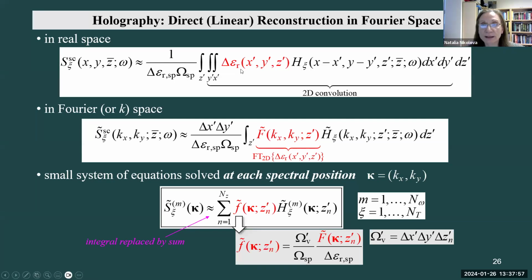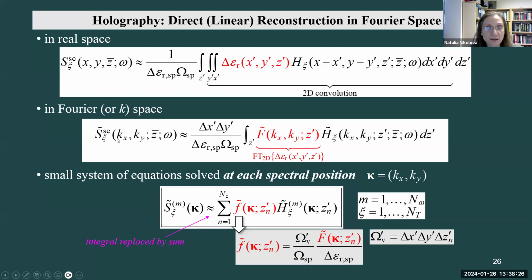You probably by now all know that convolution is computed in the fastest manner in Fourier space, because a convolution integral over x prime and y prime, the imaged positions, in Fourier space reduces to a simple multiplication of Fourier transforms. And so if I take the Fourier transform of my data,